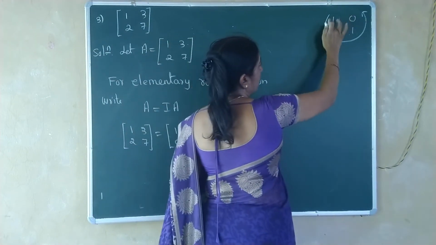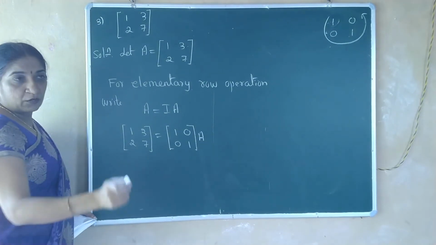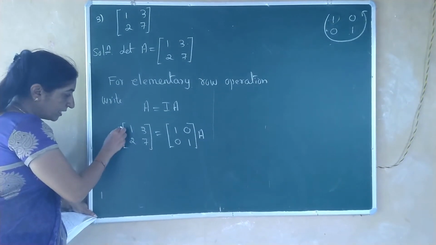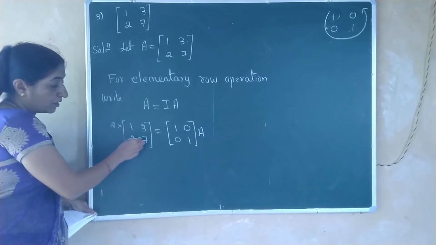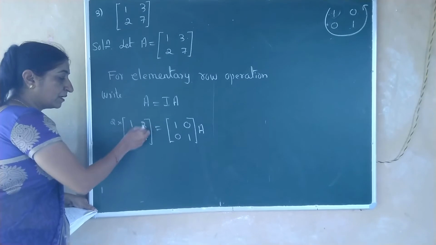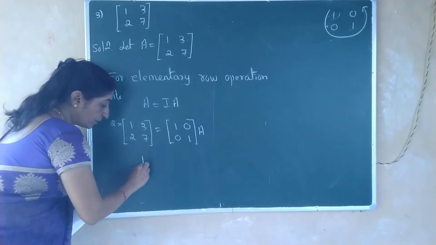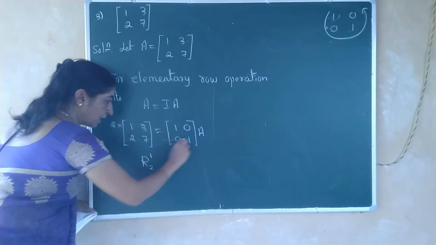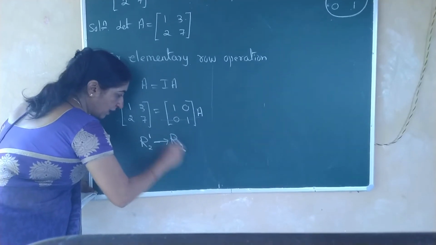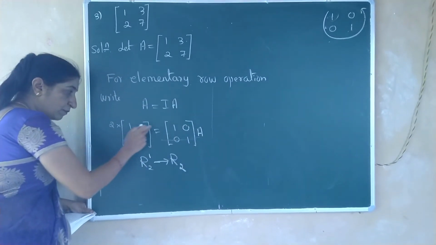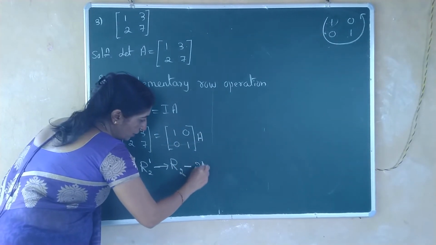This is the identity 1 0 0 1. So when you are comparing, this is already 1. Now you have a pencil with you. Here multiply with 2. 2 minus 2 is 0. We make 0, or what? 7 minus 6, because we multiplied. 7 minus 6 is 1. That means we are adding or subtracting? We are subtracting. How? R2 dash, this is the second row. First we have to write the second row. Each number of the first row is multiplied with 2 and it is a plus, so we have to go for subtraction.